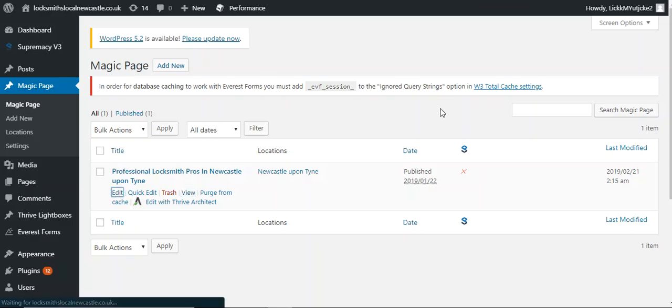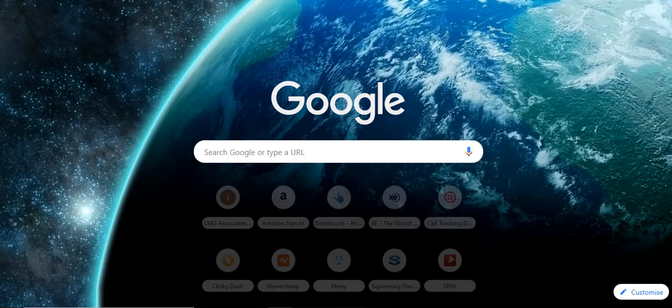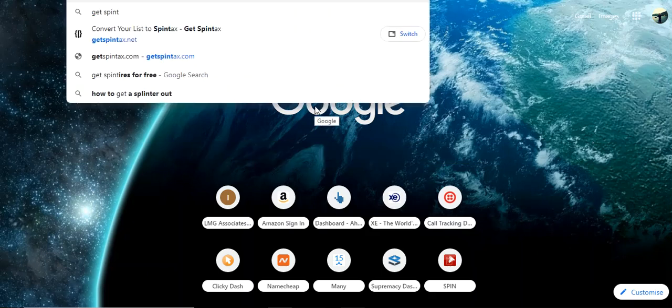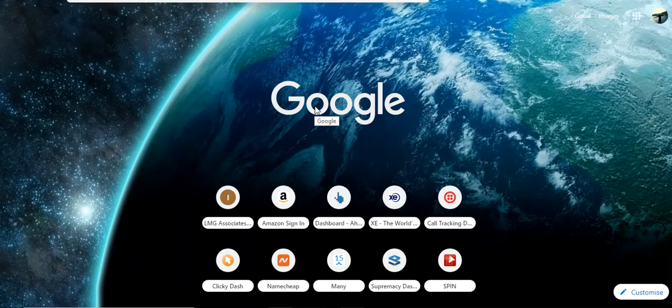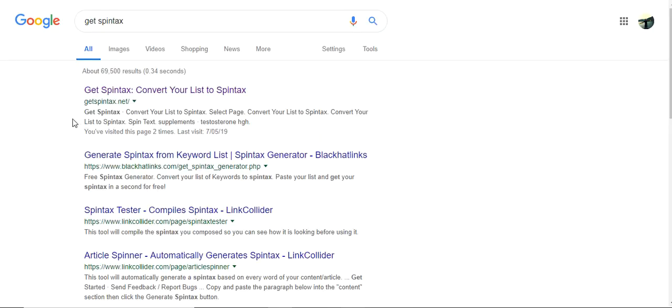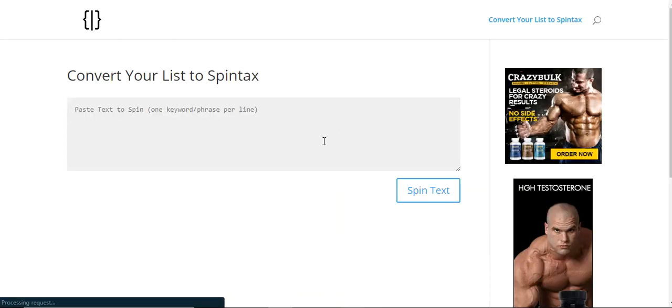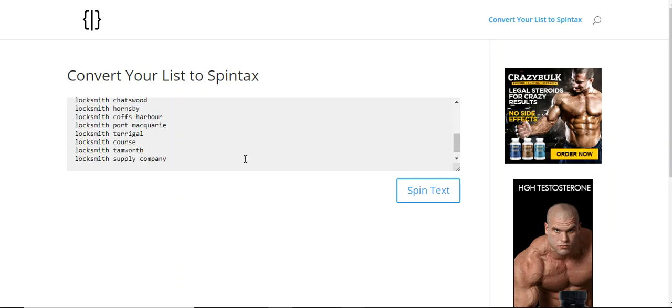Let's go to edit the magic page. It's really very easy. For some reason I was making it very confusing. While that's loading, I'm going to open get spin tax. I'm just going to put it in Google so you can see the Google result. We want to get to this one here, getspintax.net. Not .com, that's just a forward to a spammy affiliate thing. Okay, so once you've got your keywords, you're going to put them in there,